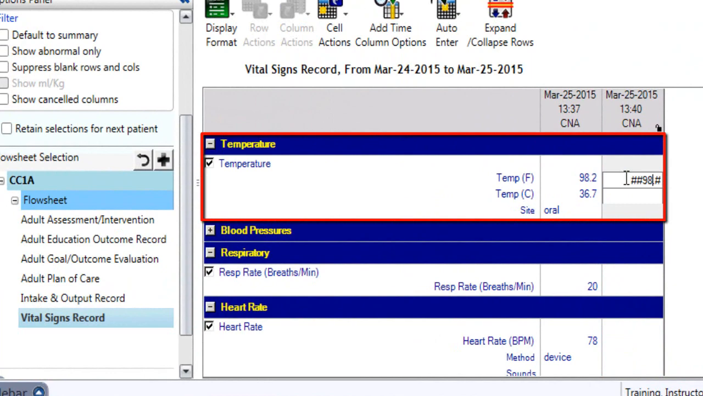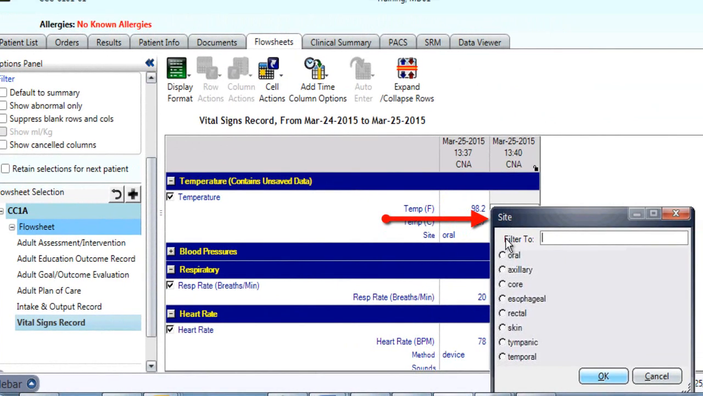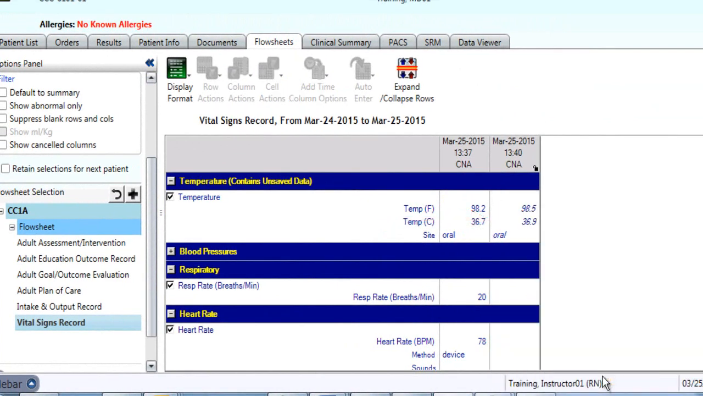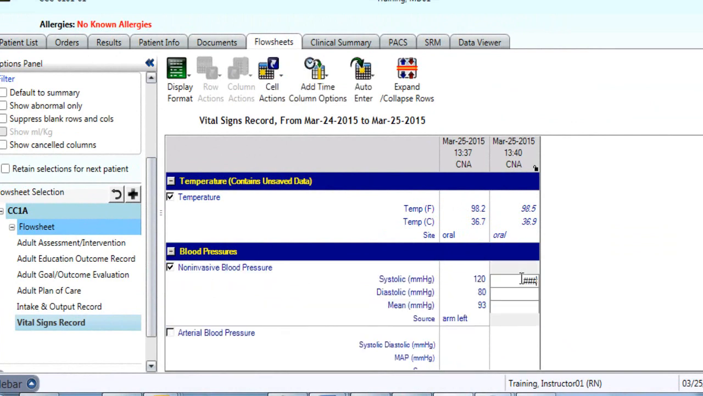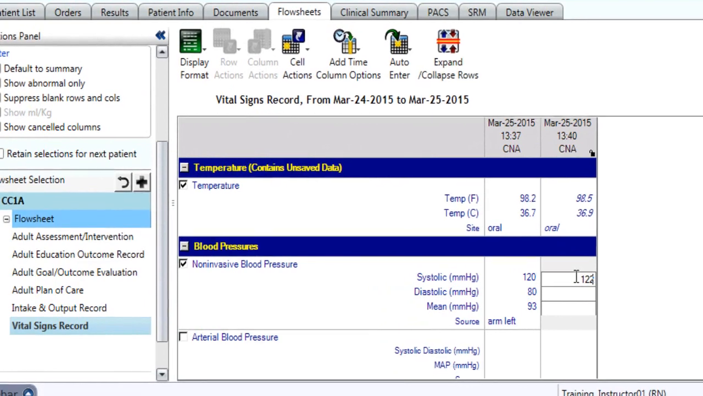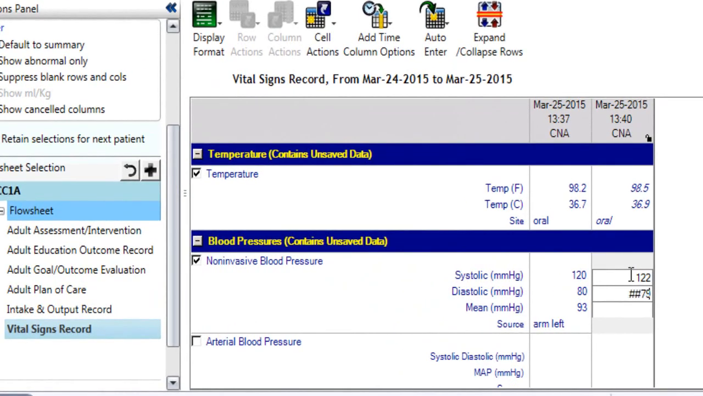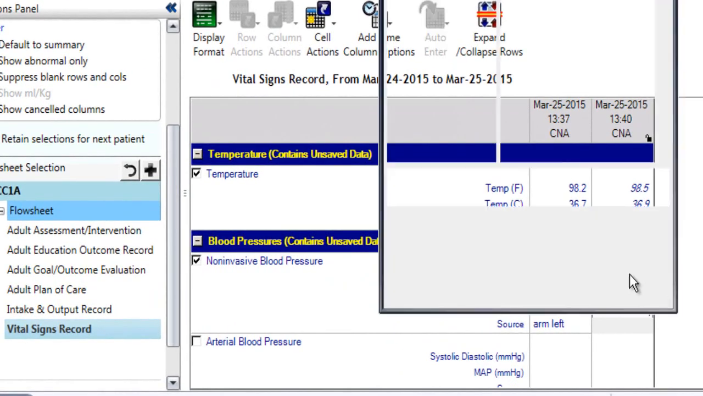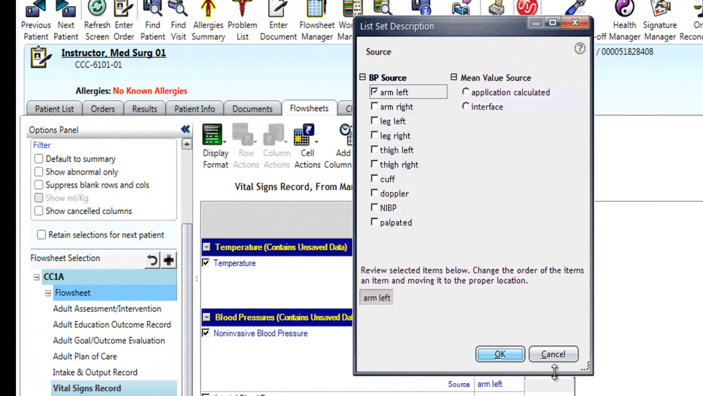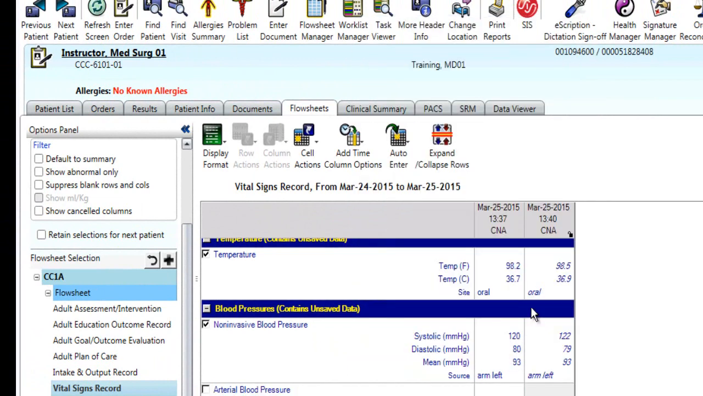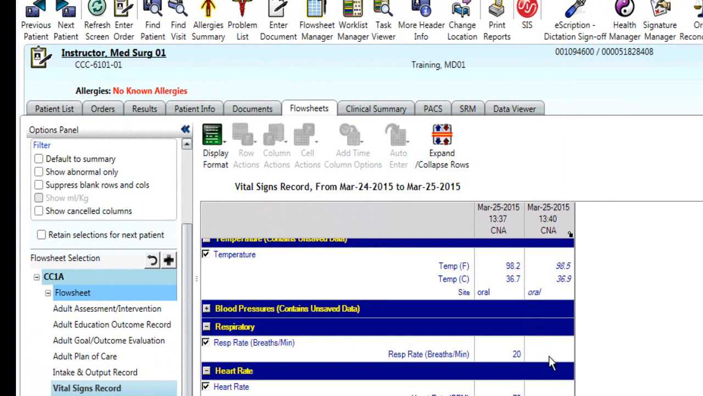There are a series of hashtags or number signs in the field. By left-clicking next to the field you want to document to, there is a decimal point, so you will enter the temperature with a decimal point. When we choose oral, that is our site, and it is a single click. Moving down into blood pressure, you will enter the non-invasive blood pressure and choose the correct source. So what arm, leg, and so forth. Our respiratory rate